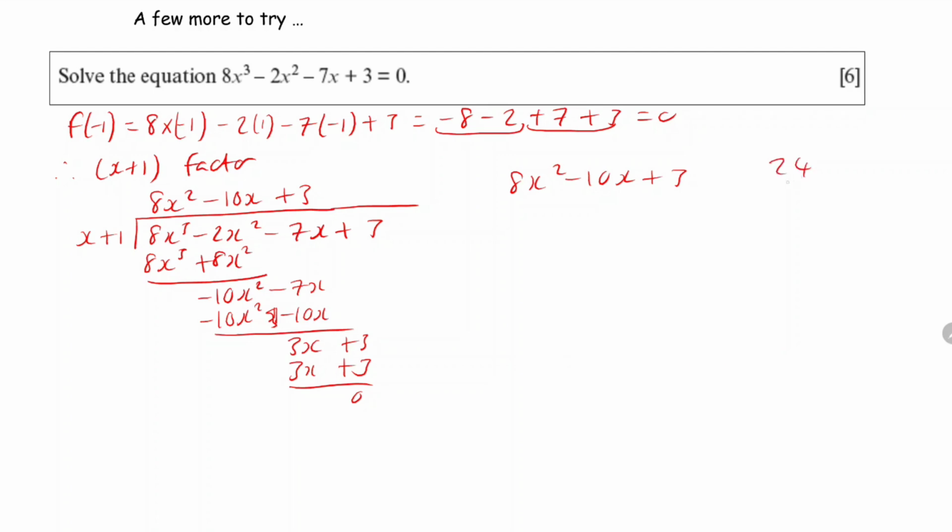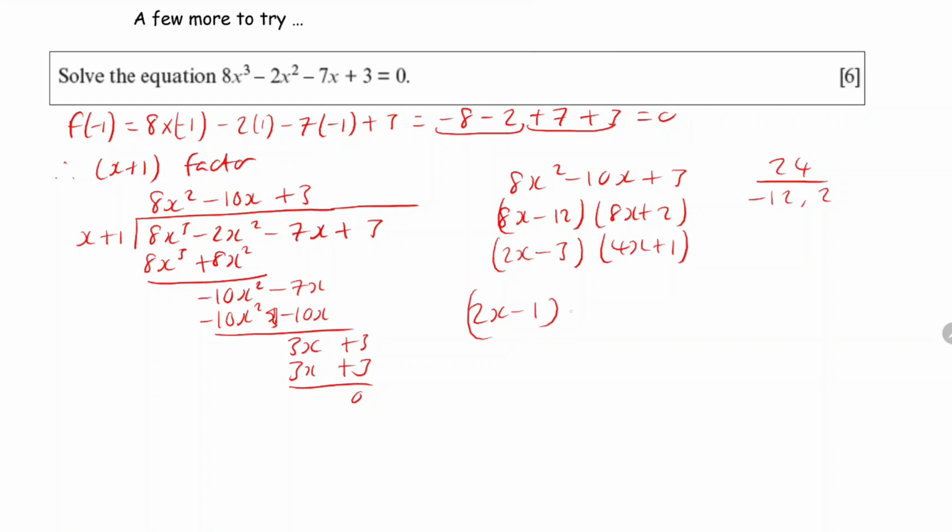Do the 8 times by 3, which gives us 24. Factor pairs of 24 which make minus 10 are minus 12 and plus 2. 8x minus 12, 8x plus 2. Simplify both. 4 goes into both, so 2x minus 3... sorry, 2x minus 3. 2 goes into both, 4x plus 1. So our 3 brackets are 2x minus 1, 4x plus 1, and x plus 1, the original one we found,